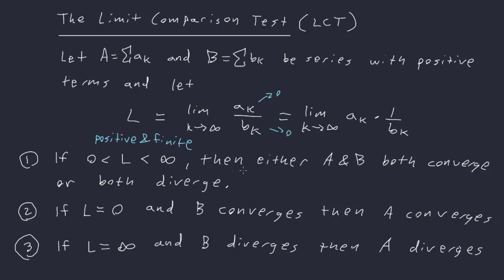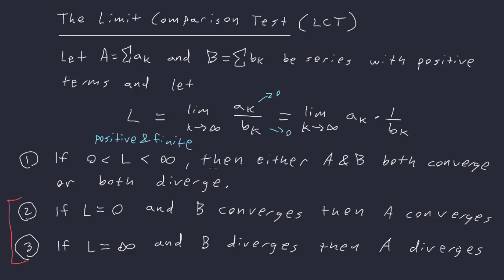And that means that if we get a finite number, these guys are going to 0 at pretty much the same rate. They're going to 0 at the same speed. That means both of them either converge or diverge, because they're either both going to 0 fast enough, or they're both going to 0 not fast enough, so they'll both diverge. All right. Part 2. Now these two parts, I don't usually use this test if this happens, but it's okay. They're just very special cases. Usually what you want is